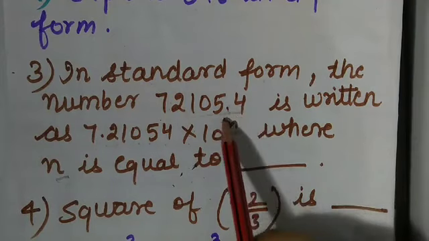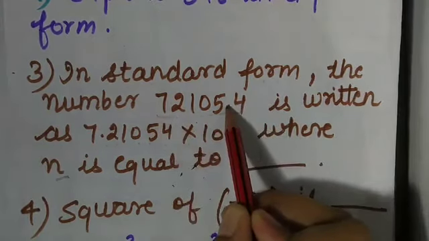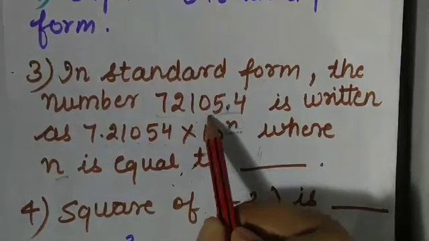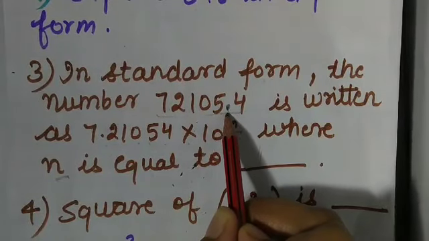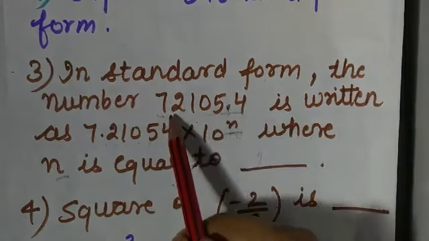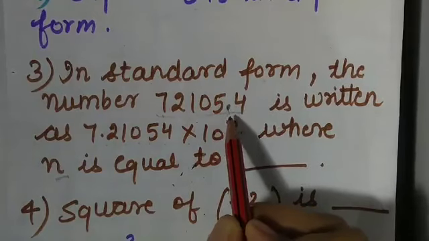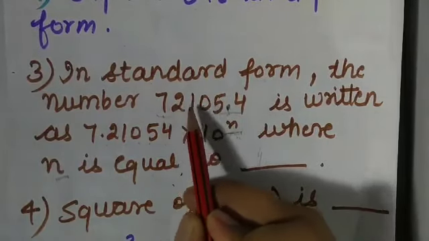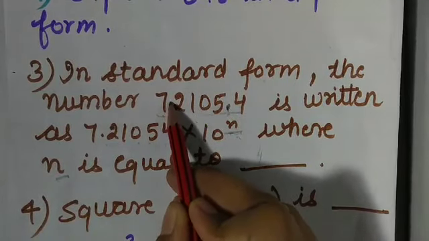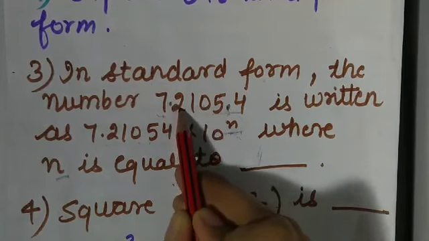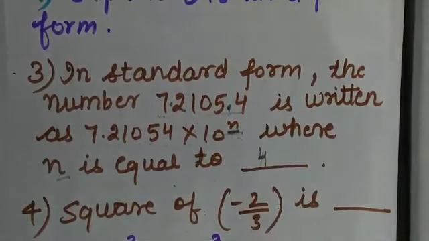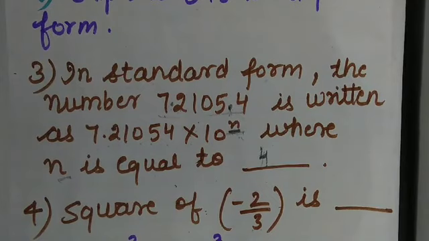Okay, so here in this number we have the decimal here. Now I have to shift this decimal to the left, and how many places? It should be shifted so that the number lies between 1 and 10. So how many places must it shift? 1, 2, 3, 4. It has to shift 4 places to make the number lie between 1 and 10. So it will be 7.2, and it got shifted 4 places. So the value of n is 4. Okay, this is how to write a number in standard form.